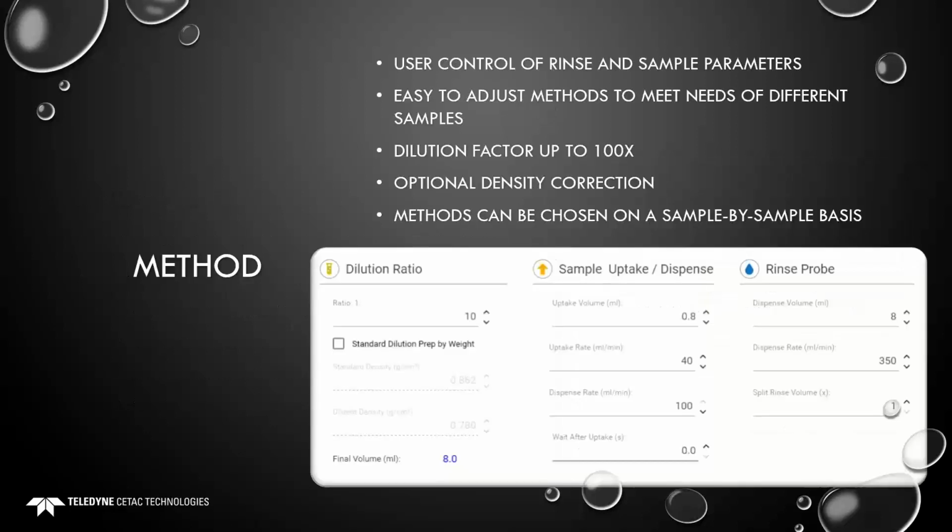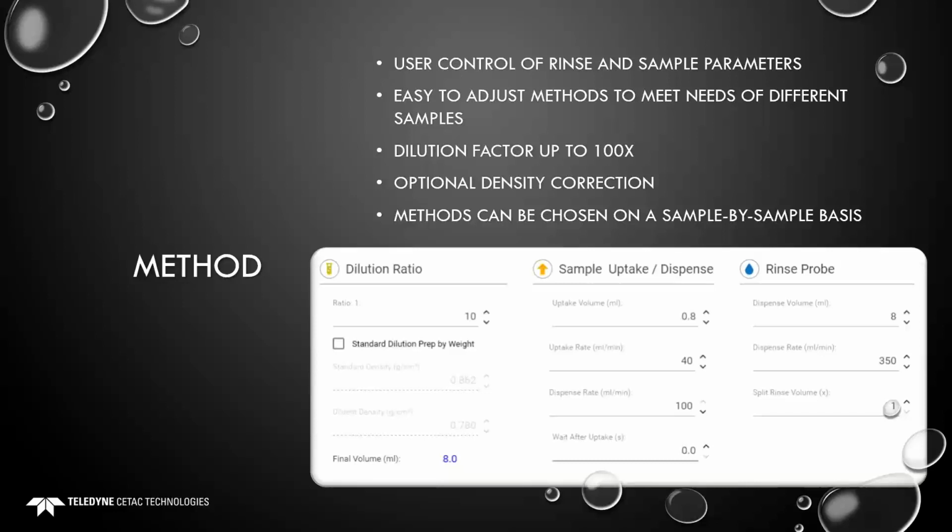The methods themselves are very simple. I mean, these are all the parameters. We wanted to keep it as simple as we could for the users. So we do, of course, give you control of your rinse and sample parameters: the amount of rinse that you use for every sample, and how fast you want that to be dispensed, which we found in our testing that the faster the better for both speed and performance of rinsing. That's all customizable to the user,